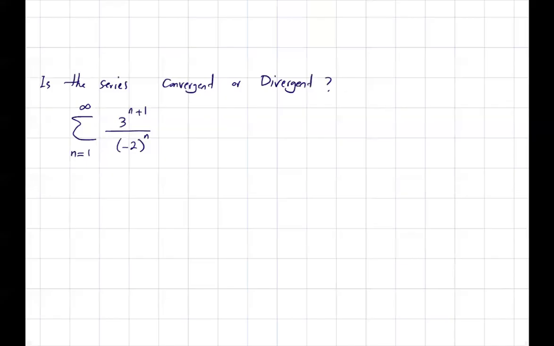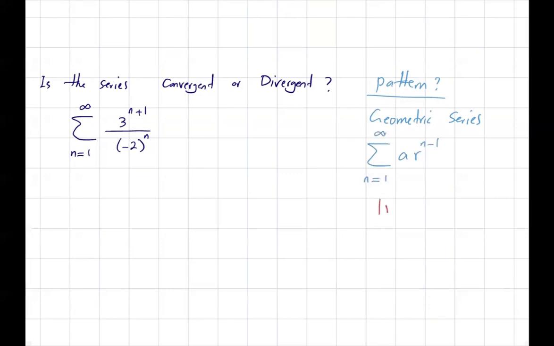Is the following series convergent or divergent? Can we recognize any pattern here? This is similar to the geometric series of the form a r to power n minus 1, starting from 1 and going to infinity, and